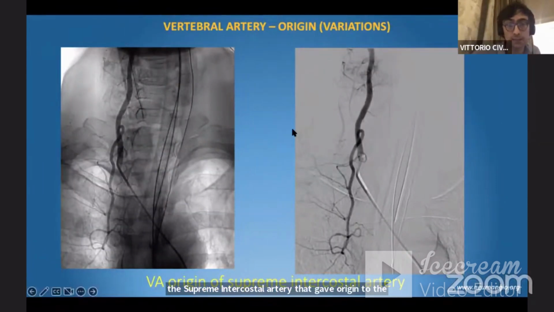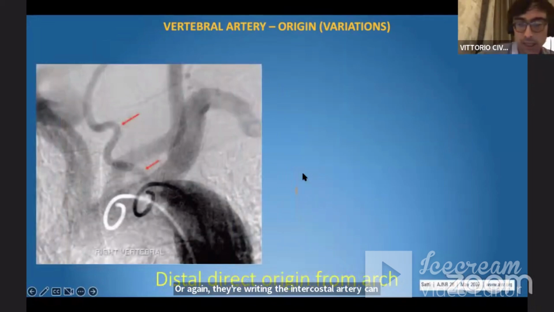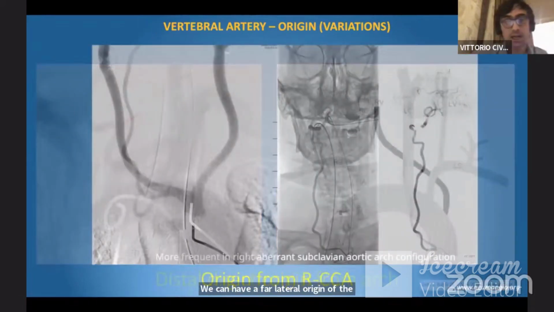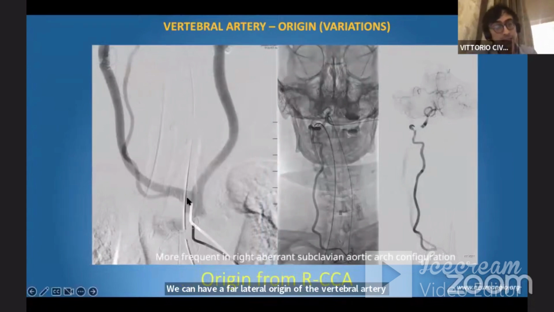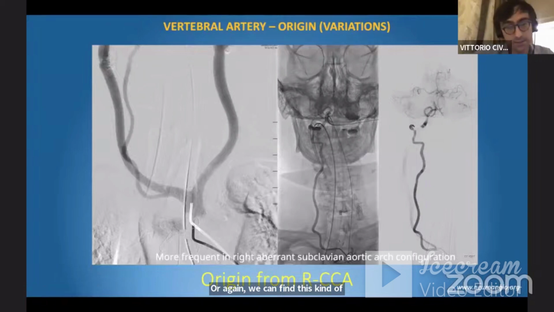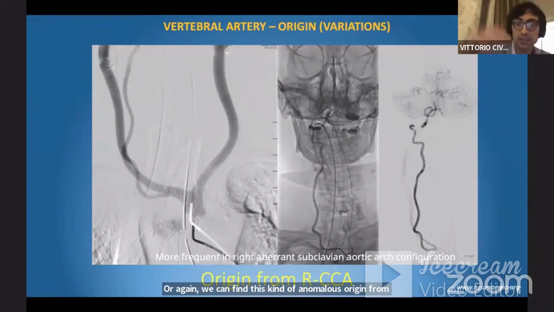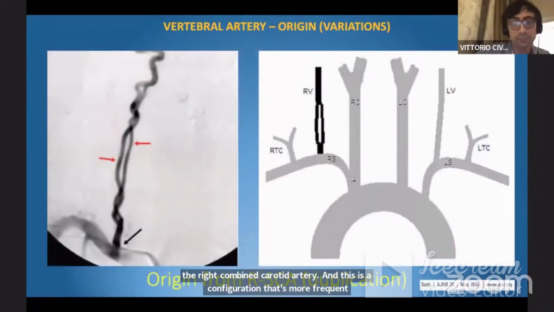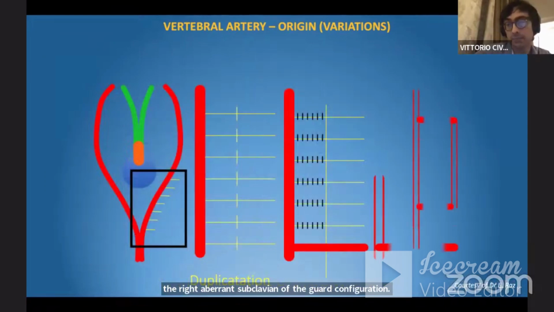Or again, the right intercostal artery can originate from the vertebral artery in an inverse manner. We can have a far lateral origin of the vertebral artery from the aortic arch, or again, we can find this kind of anomalous origin from the right common carotid artery, and this is a configuration that's more frequent in the right aberrant subclavian aortic arch configuration. We can have some duplication, again, that can be explained